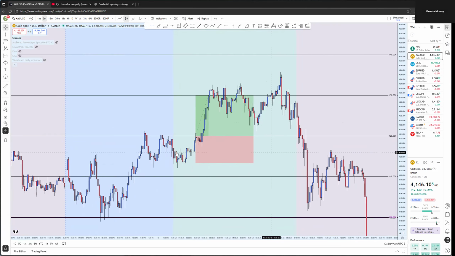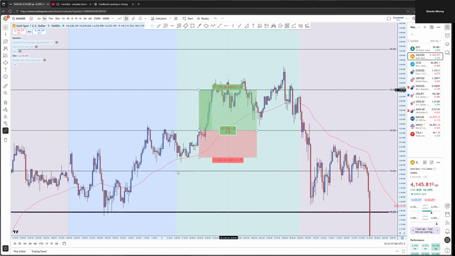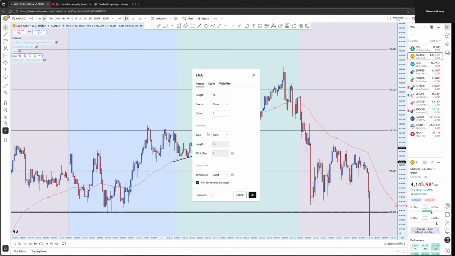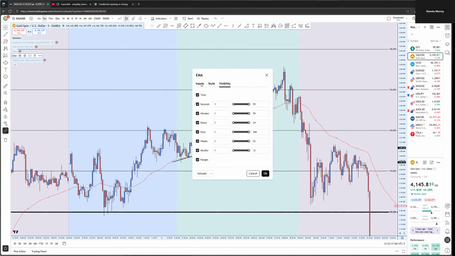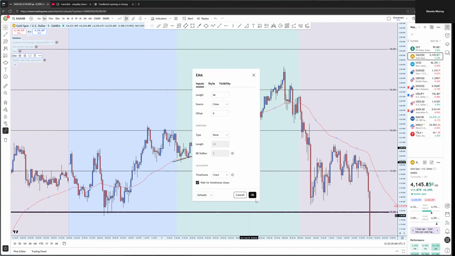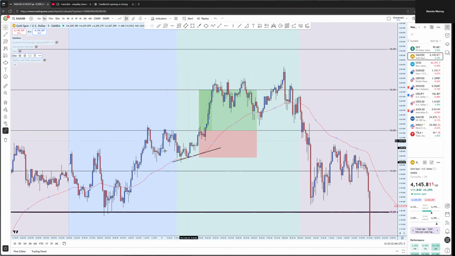If it's a 50-50 chance, your win rate is at a 50% chance of winning. So all I'm going to do is wait till London session. Let's turn on the EMAs. As we can see, we're above this 66 EMA. Let me click it so you guys know. So we got a 66 EMA. Nothing changes really, just the same stuff. 66 closed, boom. So it's telling me that we're trending above this market. We show some resistance, right? Let's look at it. We got resistance,